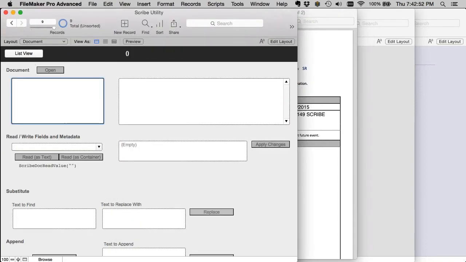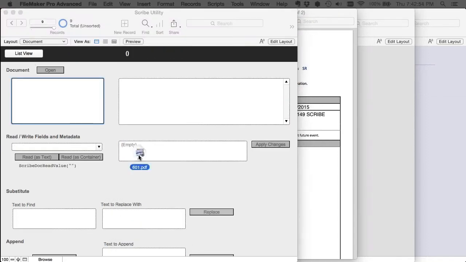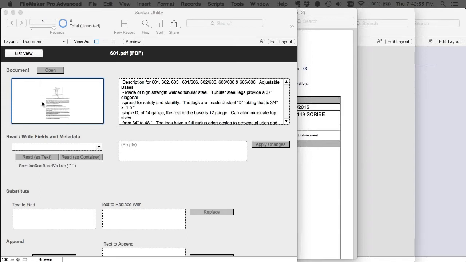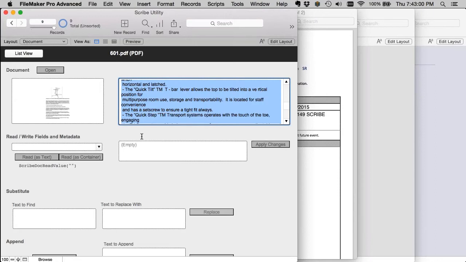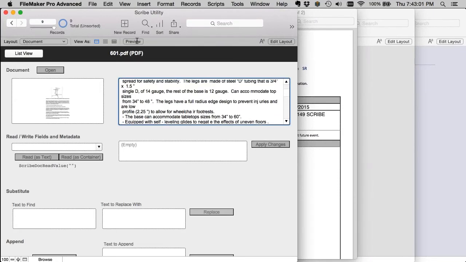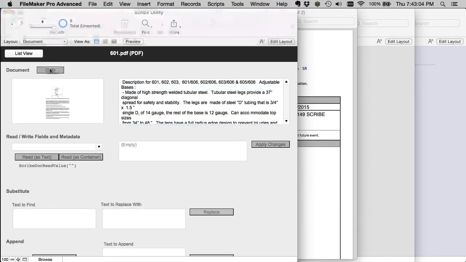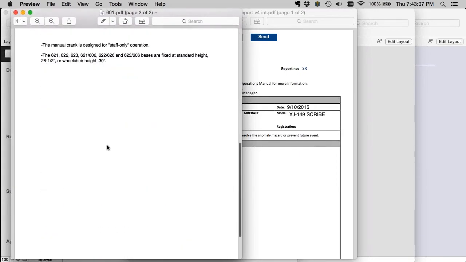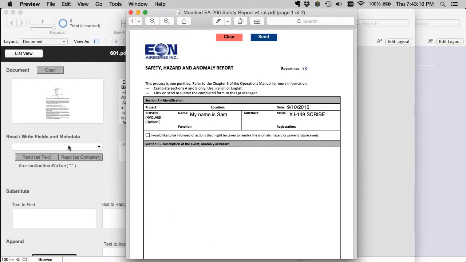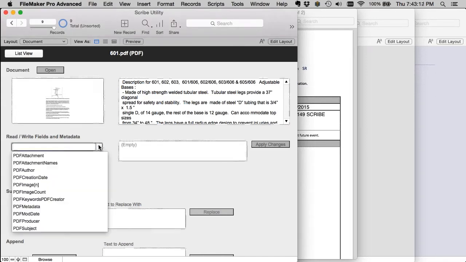So I think he wants to get the images out of it. Let's try and put this in our utility file. Scribe did a good job here of getting all the text out, but we don't have the image out, right? So this is the image that Joe sent, and one of the reserved values we can read is a